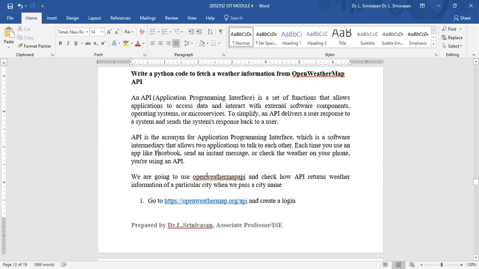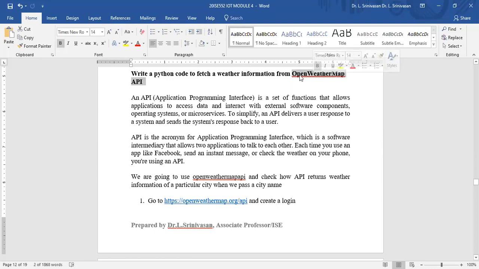Yes, okay. See, I repeat it again. It is called Application Programming Interface. It acts as an interface between your device, that is your Raspberry Pi device, and your application. Application might be Facebook, WhatsApp, or some other related information. So today I'm going to show you how to fetch information from the Open Weather API using your Python program. Open Weather API is a website which contains day-to-day, hour-wise weather updates.